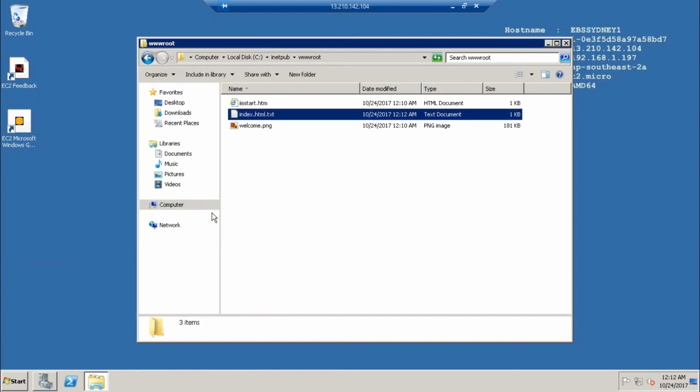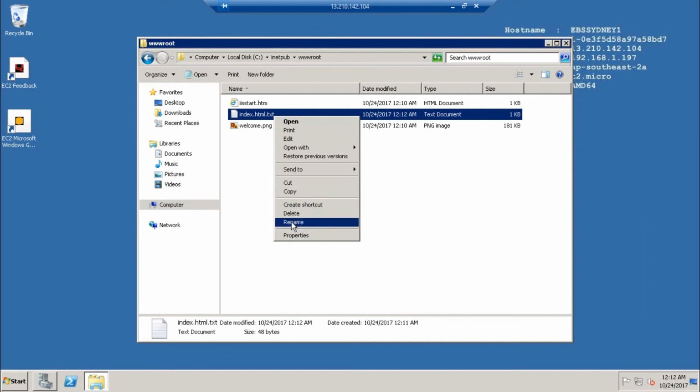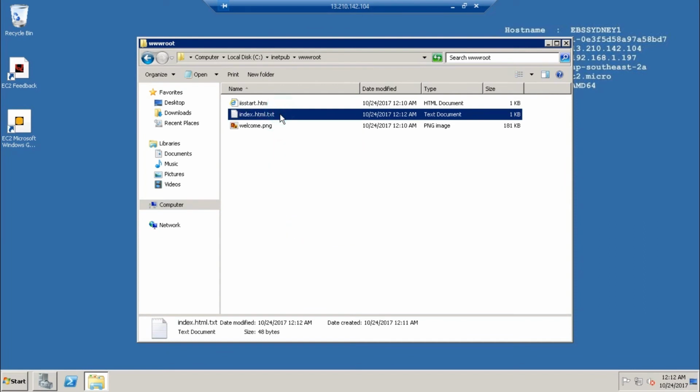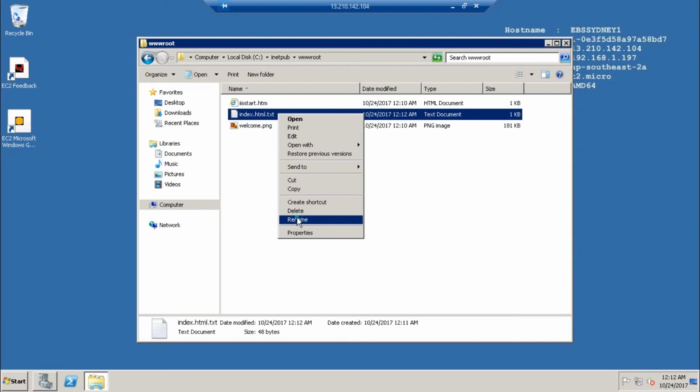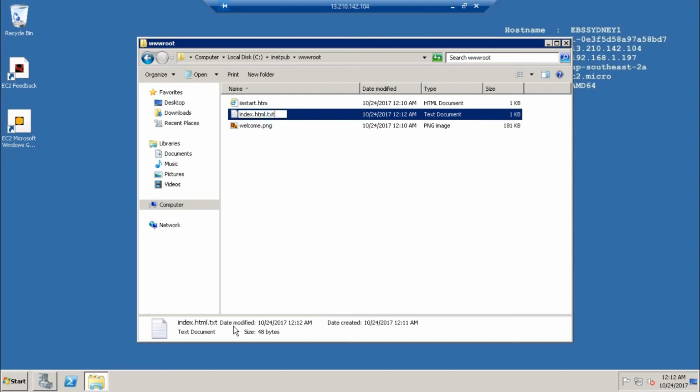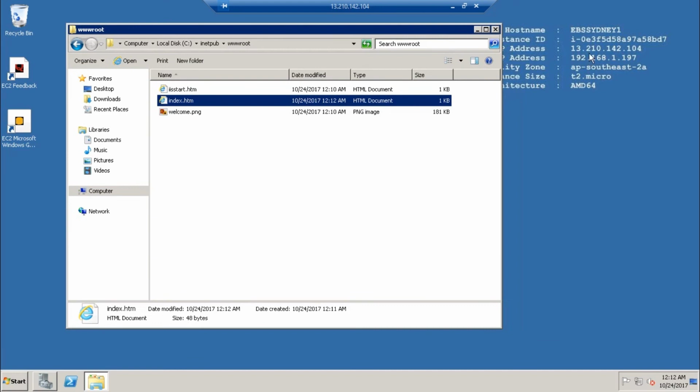When I say OK, nicey.txt. See that? When I right click, rename it, and get rid of what? Because it was hidden. Rename it, don't forget about that. And get rid of this, so that will be .html. Now it looks good. Now if I put this public IP address right here in my internet browser,